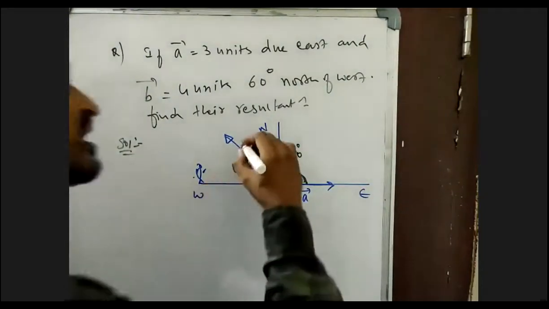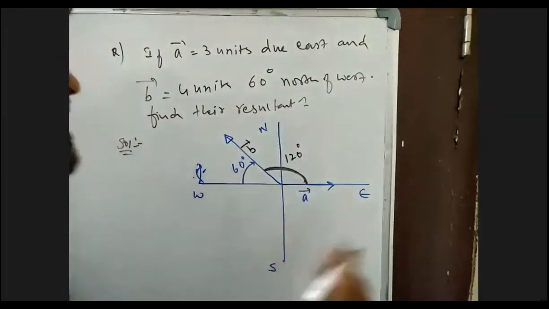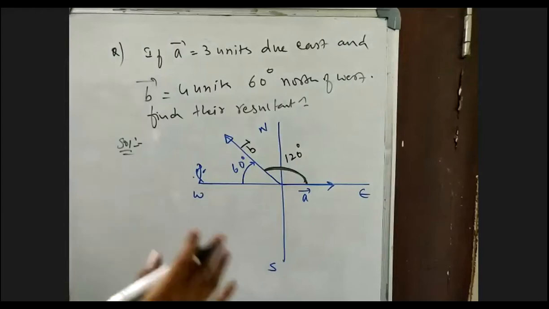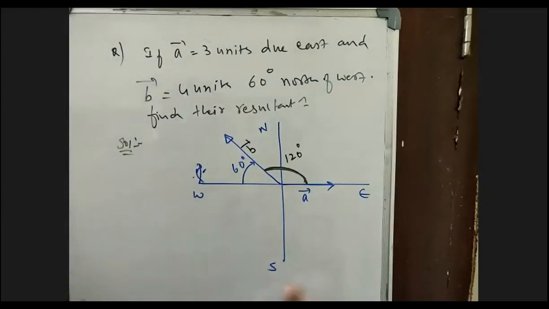This is your A vector and this is your B vector. Don't take 60 degrees and start doing the question. If this has been done, it means you are very good right now in vectors. You got a complete application of the vectors in a very good way. So the angle between A bar and B bar is 120 degrees.